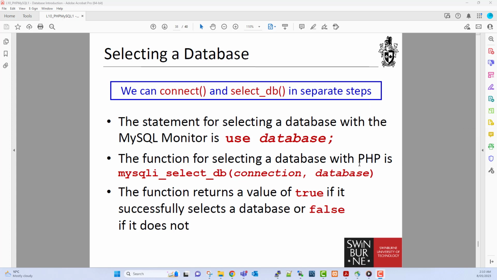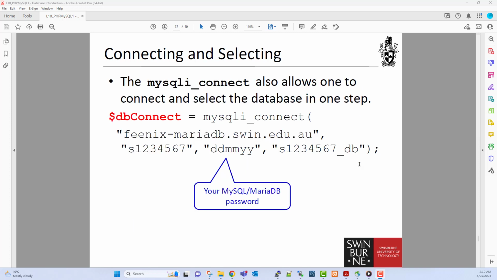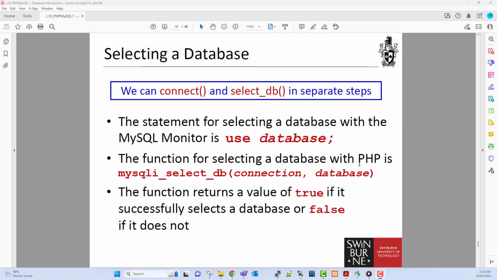So one important thing I wanted to tell you in this slide: if you create your own database in your C drive, you need to first connect to the database using the connect function, and then you need to select the database using the select DB function, right? So that's how you need to select it. Okay, but